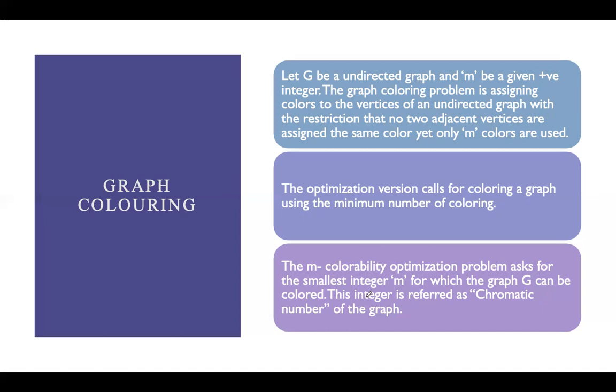So the graph coloring problem is basically of two types. One is you have to find the minimum number of colors possible to color the graph. And the second is you are given certain numbers of colors, and using those, you find the possible ways you can color a particular graph. We shall see those examples.